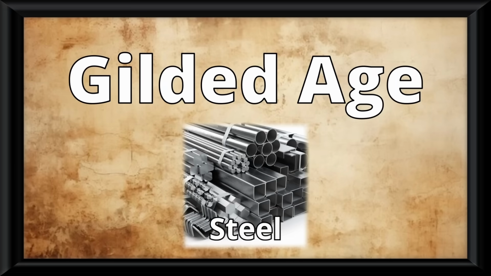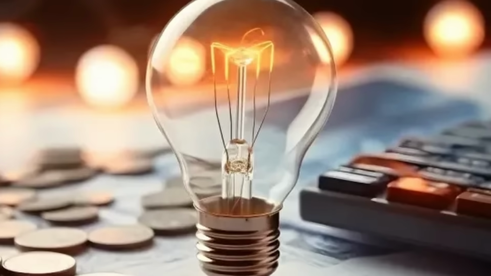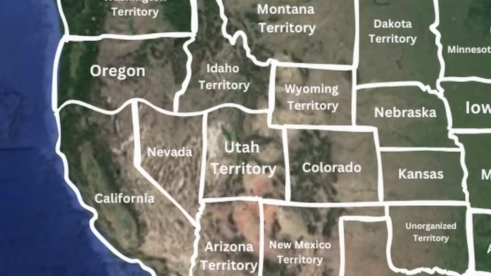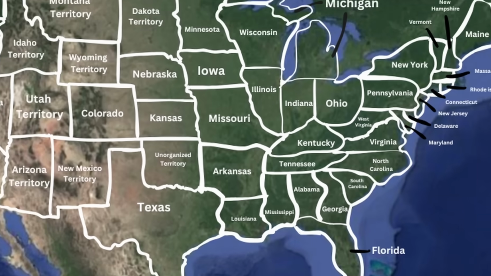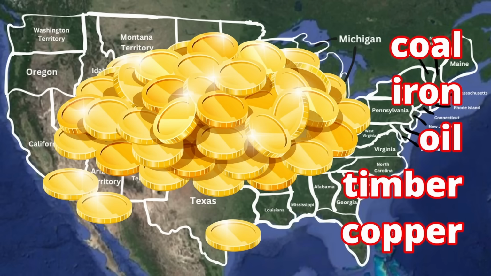In the past, industry relied on iron. Now with the Bessemer process, steel is what takes over. In the market revolution, factories ran on steam. Now everything runs on electricity and it transforms production. And the other part of this is now with all this new railroad expansion, the US has access to so much land. And that land is a literal gold mine of resources such as coal, iron, oil, timber, copper, etc.